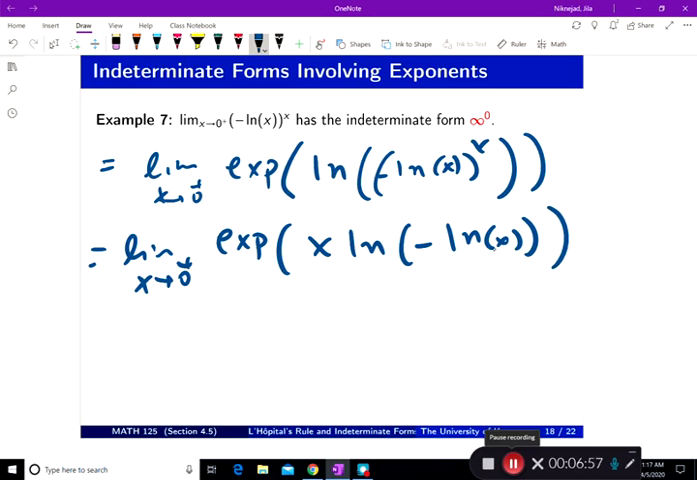And now if I plug in 0, I get 0. Plug in 0 in here, I get negative infinity. Negative times negative infinity, natural log of infinity, which is positive infinity. It's 0 times infinity. And so now I should do something to make it into L'Hopital's rule by taking x to the bottom. Limit x goes to 0 positive, exponential, natural log of